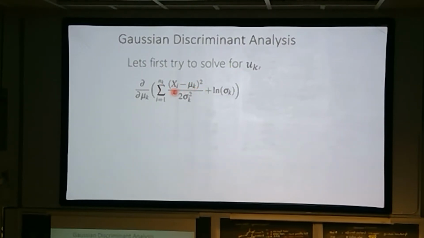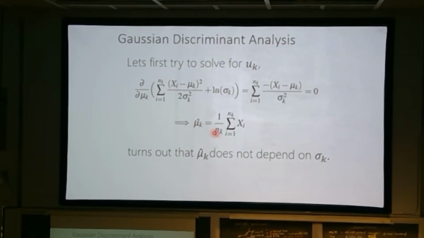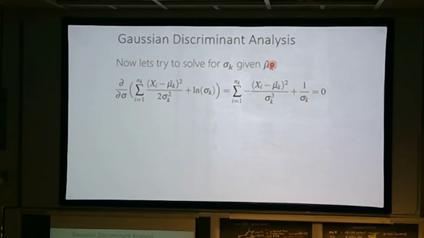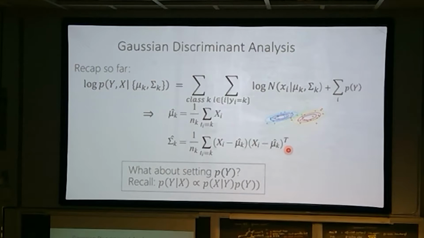I take the derivative of my new loss, set it to 0, and I get what we've all seen 100 times, which is the estimate of a mean. That's how I'm going to set the means for each Gaussian in my Gaussian discriminant analysis, which is a generative model. This is the mean of a Gaussian for one class, and it doesn't depend on sigma. But as we're going to see, if we solve for sigma, it does depend on mu, so you have to do it in that order. And you just get the empirical variance, nothing fancy there.